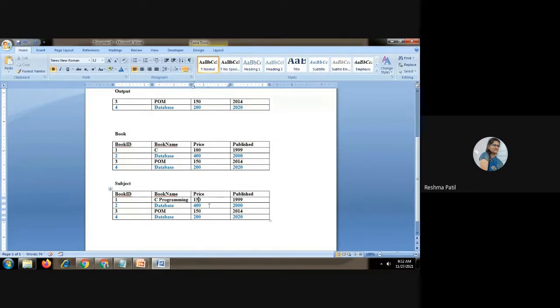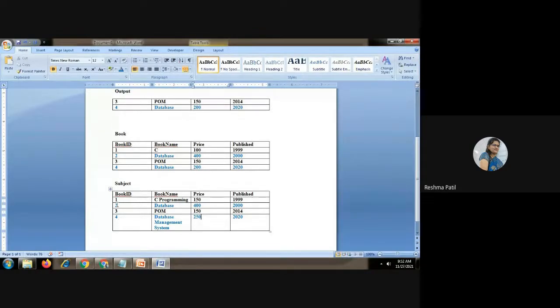Second, this is common, we have kept this record the same. This one is also the same. We will change the third one. At least one column value should change, so it will be unique for that particular row.